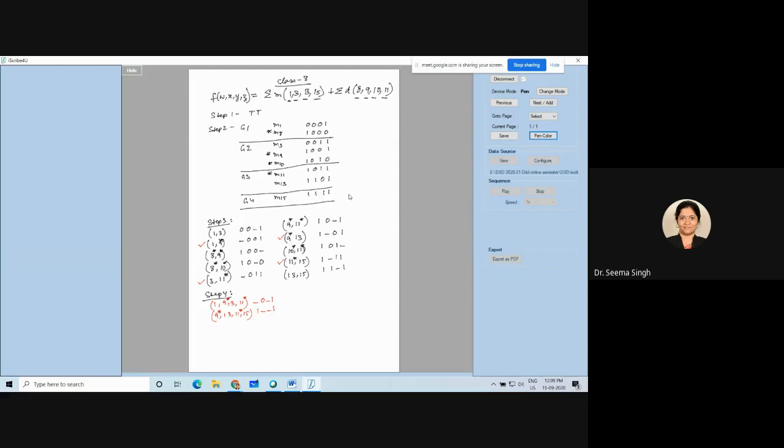Now I have to search for the third place of dash. I can see that for the third place of dash, I have three numbers: 8, 10, then 9, 11 as well as 13, 15. Now I have to see which all I can take care of with that. I can see 1, 3 is also there. So how many are there? 4 are there: 1, 3, 8, 10, 9, 11, 13, 15.